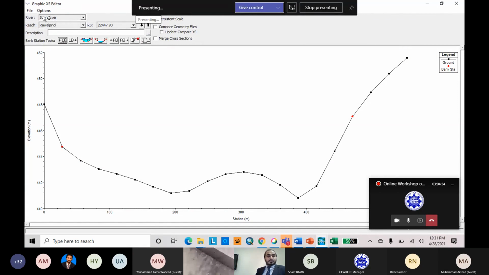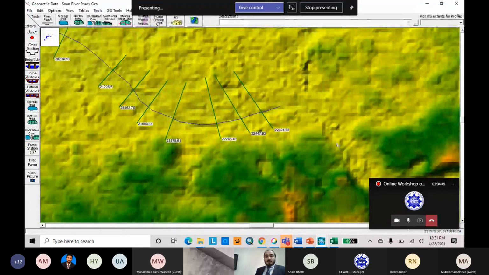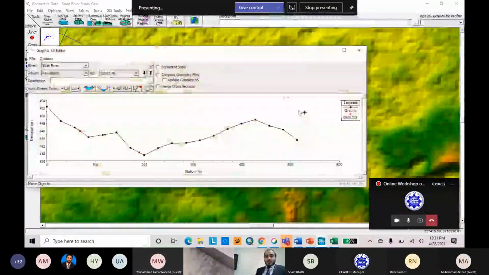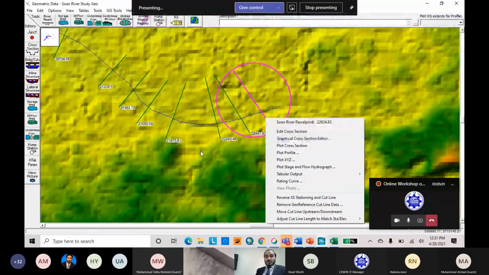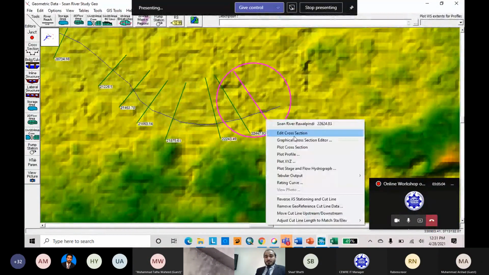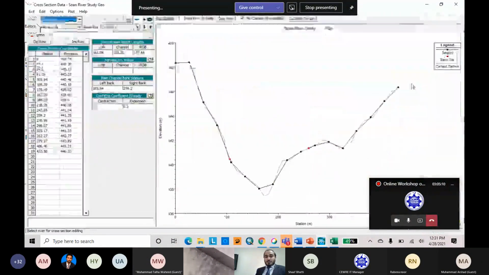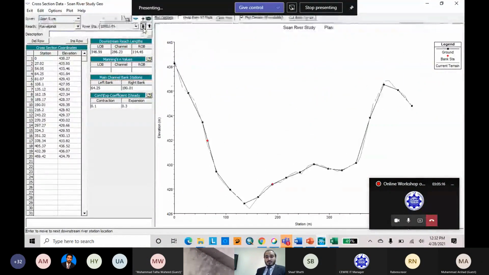Okay. Because it is the left side, it is more uphill than the right hand side. You can verify using Google Earth, but I have just closed Google Earth. You can then save your geometry. Because we have not replaced all of our cross section data, I will use the already developed cross section data which we developed using survey data. But for your reference, you can remember this cross section. I will go through a quick review. You can see that all of your cross section data look like this.